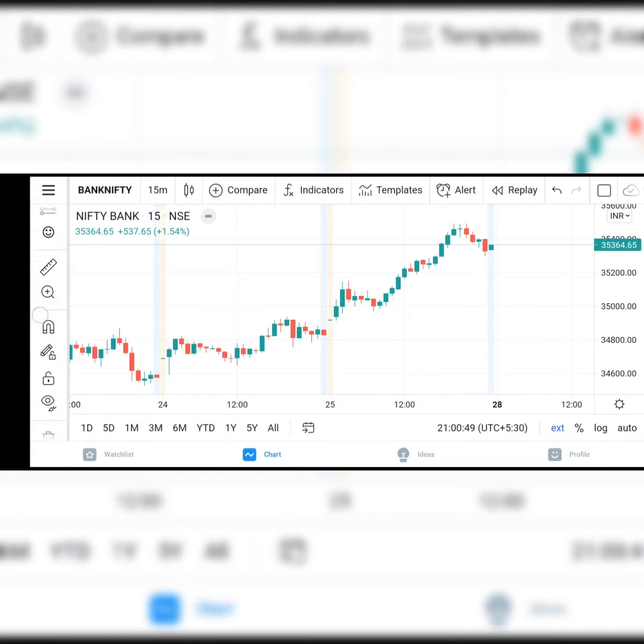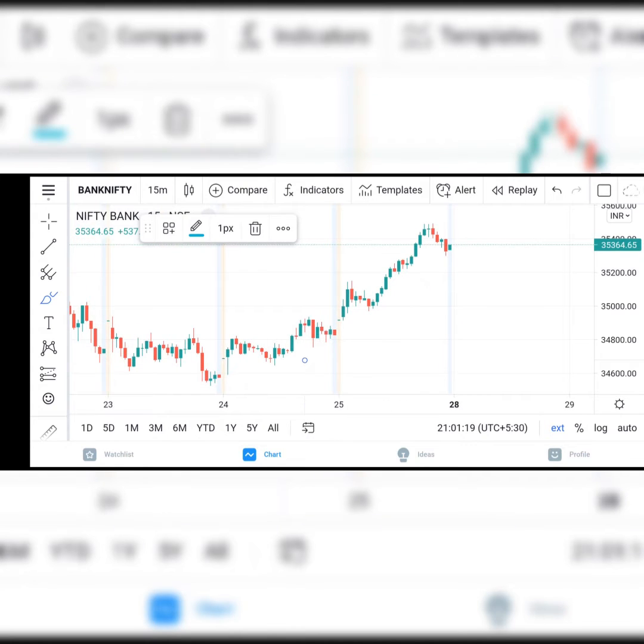What are these green and red candles? And this is the overall view of the software. This is the TradingView platform. I will just select the brush. First, before starting anything, let us know what this platform is. See here, you can see the 35,364 green line. It is the closing price of the last trading day, yesterday, Friday. The price closed here. On the vertical side, these are all prices, 34,600, 34,800.